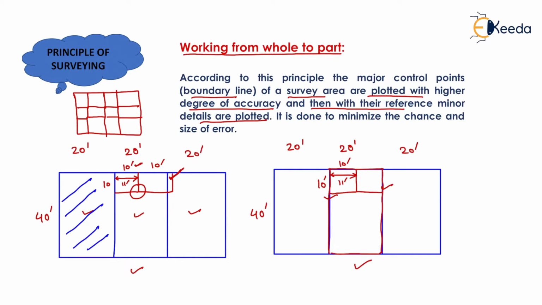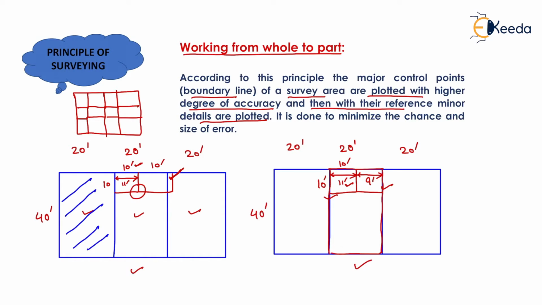During the measurement of the second room, he gets information that he made a mistake during the first room measurement. Instead of 10 feet he had measured 11 feet. So he will compensate this 1 foot mistake by just marking this second room as 9 feet into 10